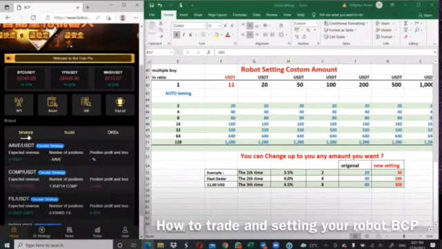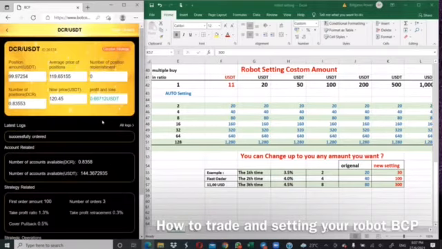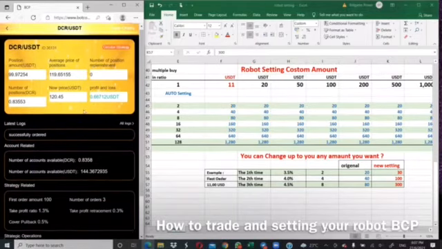Okay. And then how to close? For example, this one DCR. This one already buy also DCR in Binance. Okay. Before this I buy in Huobi. Now I buy in Binance. I don't want to waiting this coin. So I want to close manual. Make sure have profit. You can close manual.